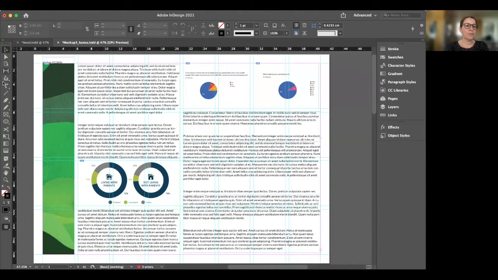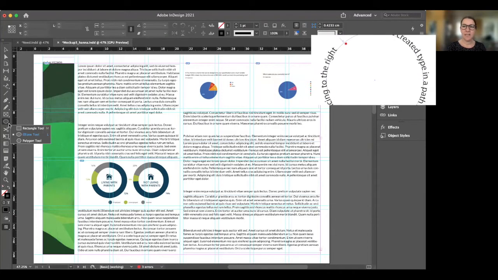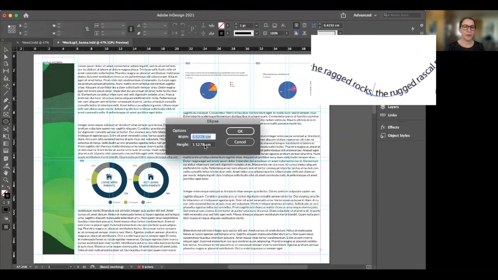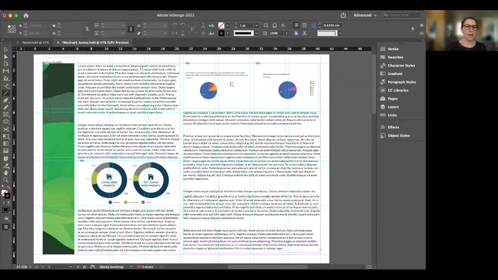If you have a look over here where it says type tool, behind that is a type on a path tool, which allows you to follow a path. A path could be a shape that you've created with, for instance, any of these shape tools. It can also be a curvy line that you've created here with the pen tool. And it can also just be a straight line that you make with the line tool. So I'm going to draw a straight line going from top to the bottom of that image,